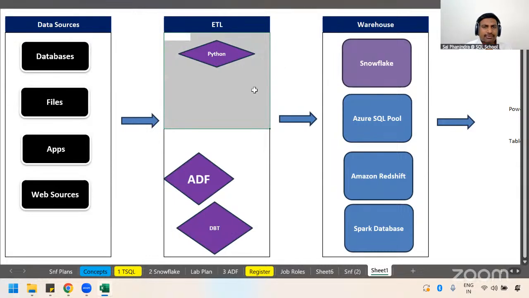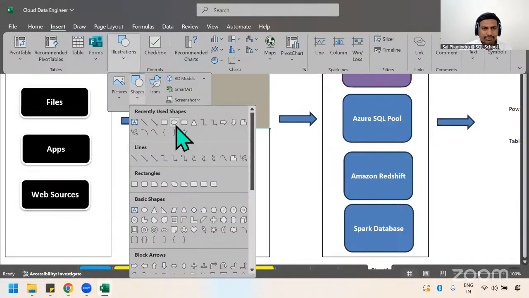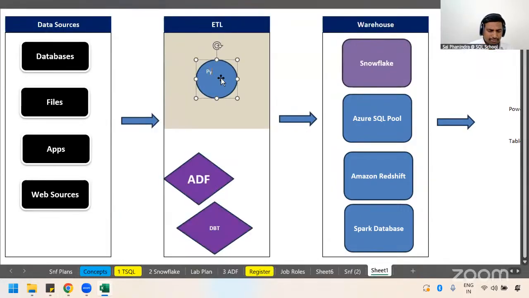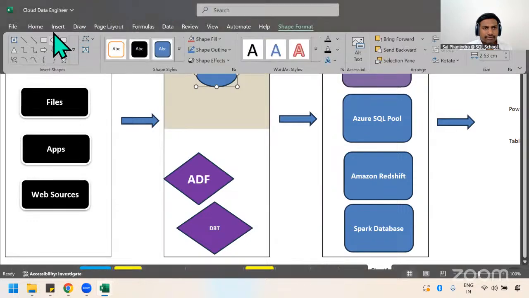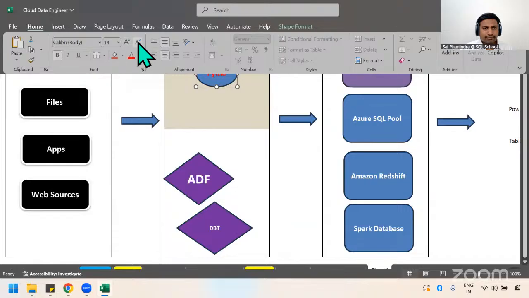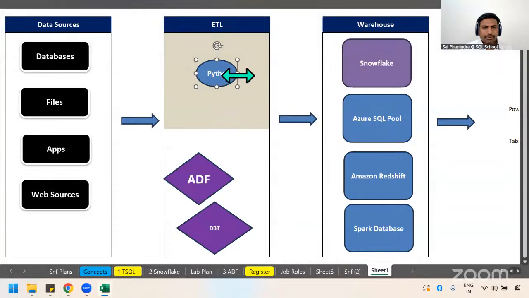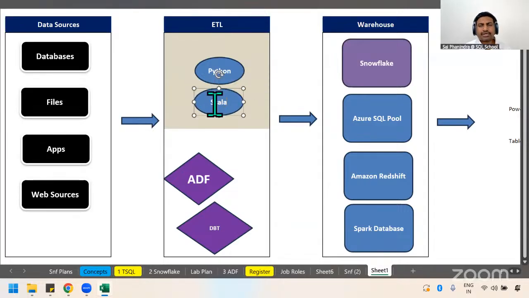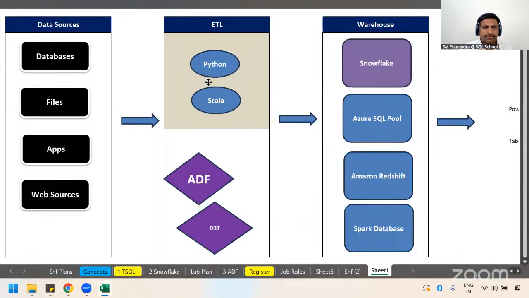So we have code-based ETL. These are all code-based ETL, using Python. And one more called Scala. Python and the other one called Scala. These are the two major ETL implementation platforms. And this Python and Scala can be implemented by using